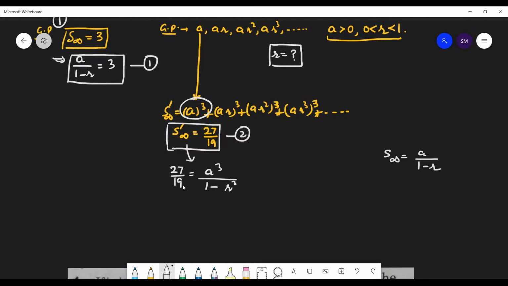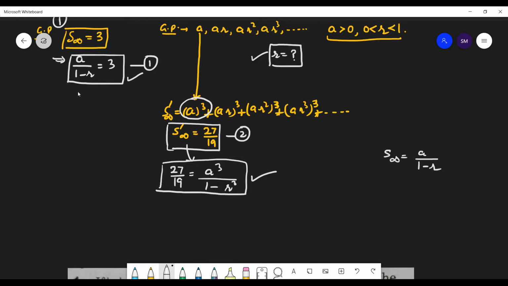Yes. So now you have two equations. So simple. You have two equations. First equation and the second equation we have just rewritten it. Okay. So you have two variables A and R, two equations, two variables. We can solve them out. So here we have to find the value of R, students. Okay. As simple as that.